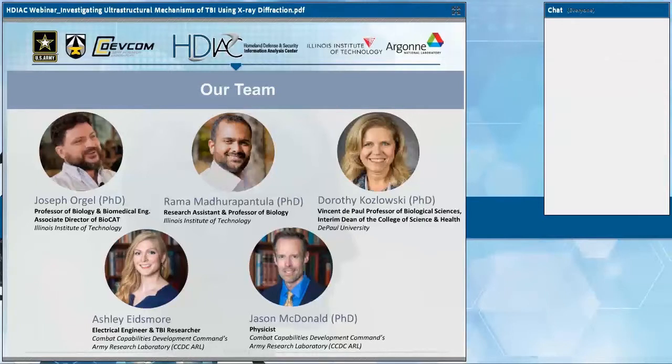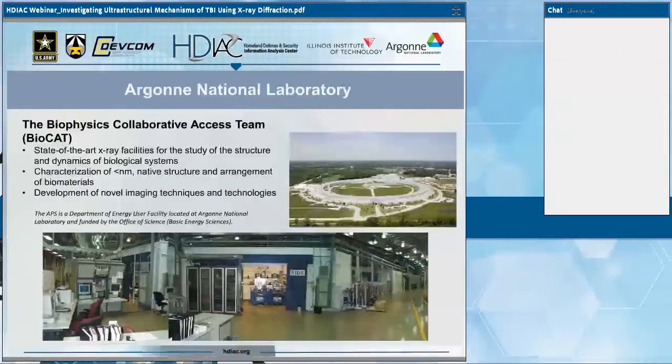and his team because of their past and present work and the reputation they had for their unique capabilities. So Joseph has 25 years of experience in structural biology and fiber diffraction. Rama, at the time, was his PhD student and did a substantial portion of the work as part of his thesis. He's since graduated. And Dorothy has vast background in TBI research and provided the samples used in the study. So on the next slide,